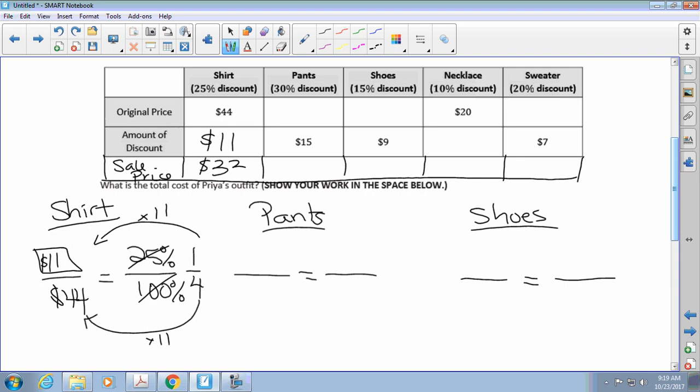Any questions so far? All right, the next one, we have pants at a 30% discount. So percents are out of what, everyone? 100, yep. So 30% out of 100% is the amount we're saving. What is the money we're saving? How much money are we saving